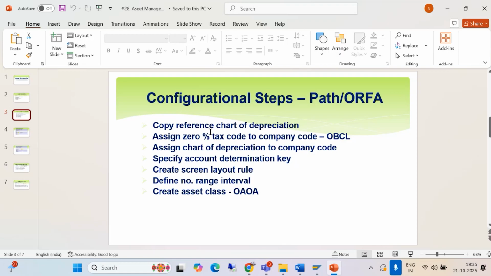Copy reference chart of depreciation, assign 0% tax code to company code, assign chart of depreciation to company code, specify account determination key, create screen layout. We will be discussing all of these. So if you see here, copy reference chart of depreciation: what do we mean by chart of depreciation? As we have seen, a chart of accounts is a list of GL accounts. Likewise, a chart of depreciation is a list of